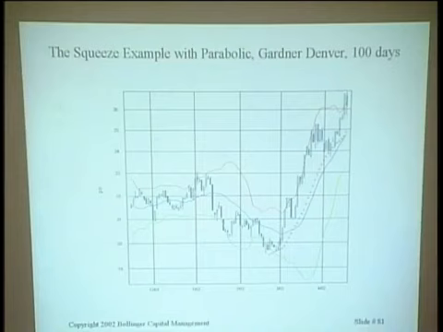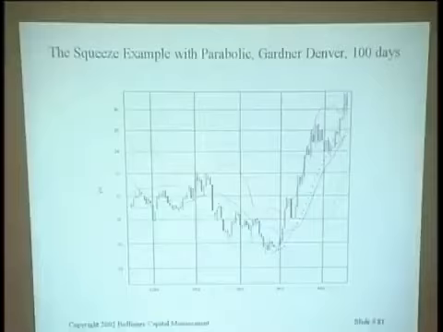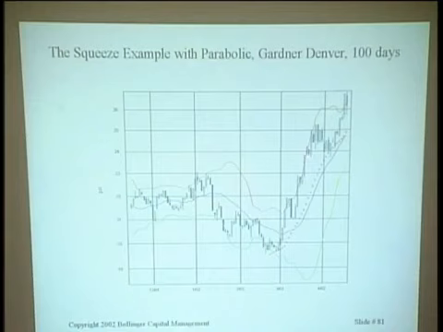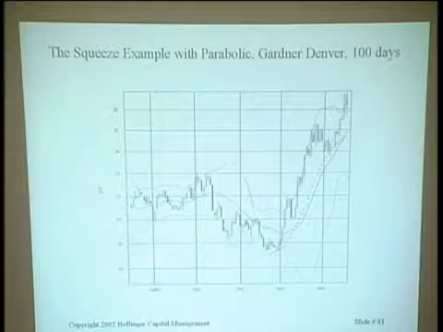And then here's an example. Again, a squeeze, break down, turn back inside, start the parabolic running, and look at how nicely it works. This is because I'm using the slower acceleration factor and the slower maximum step. This is 0.1 and 0.01, right? If they were the regular parameters, we would have been gone over in here probably. But this is still long. We're still in this trade.